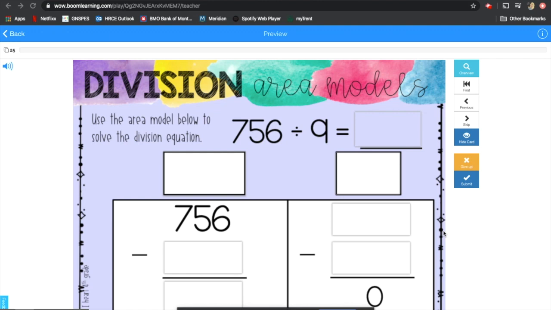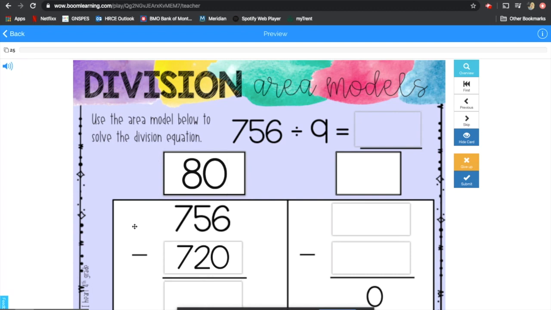Okay, so let's try one together. So the closest I can get to 750, if I was to round this, so then it would actually be 75. So how close or how many times can 9 go into 75 without going over? Well, I know 9 can go to 72. So all I would do is add my 0. And 9 times 8 is 72, so I'd add my 0 again. And then I'd minus